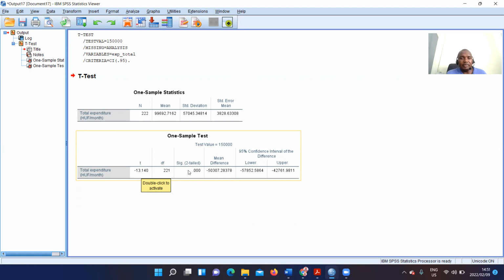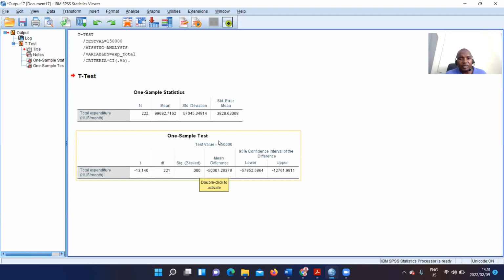And then the tail probability for a two-tailed test in our critical regions is 0.025. We discover that it's lower than 5%. It's actually 0, implying that we reject the null hypothesis that